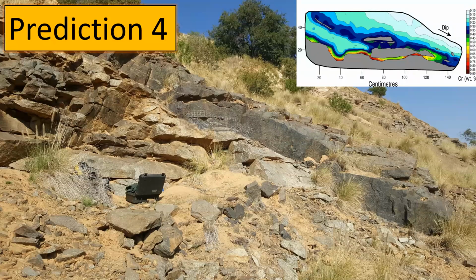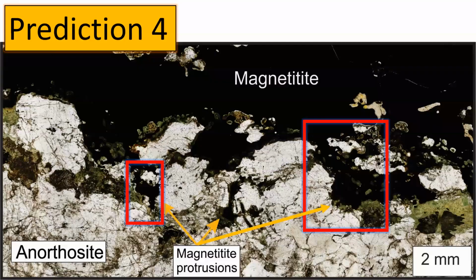Okay, and now for my favorite one, final prediction, number 4. So this is once again that same layer I've showed you previously. This is from the Roven vanadium mine in Westerland. And I've said before that the bottom contact between the magnetitite and the anorthosite is really sharp. But of course, if you take a closer look, you actually see many irregularities, a lot of stuff going on. But one thing you see are these little, really small magnetitite protrusions going into the